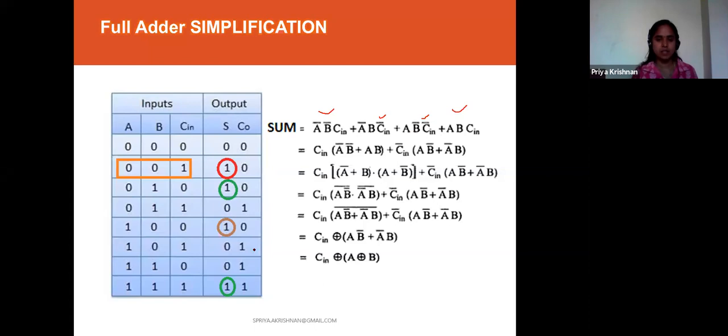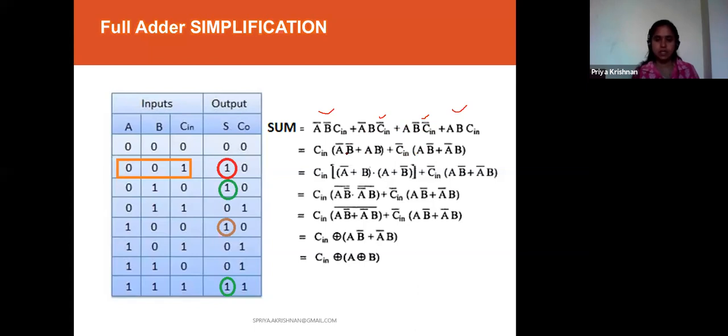And again here, for the last one, there are no zeros, so it is A, B, C in. So first what we have taken? We have taken the first and last term. So Cn is common. If you take that out, you will get A bar B plus A B bar. And again, what is there here? Here you have Cn bar as common. So Cn bar, if you take, you will get A bar B plus A B bar. These two, if you take, you will get this expression.